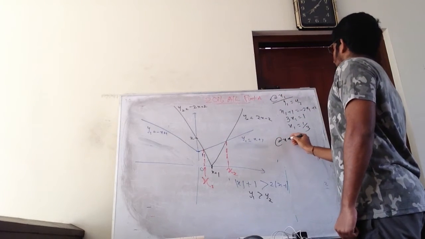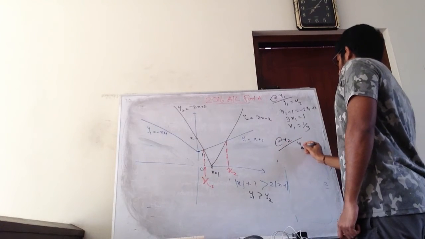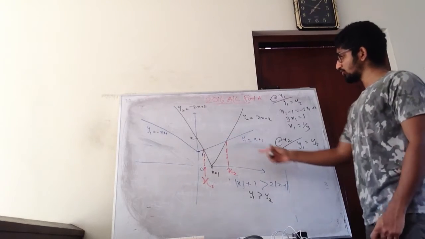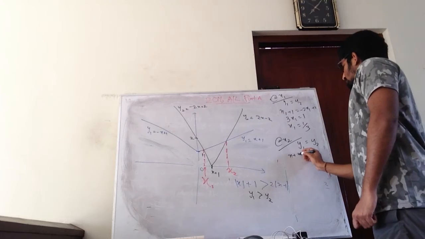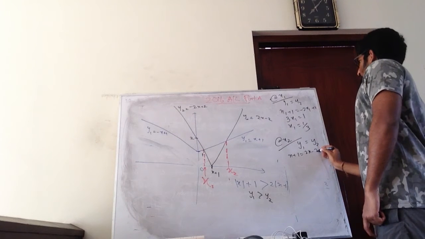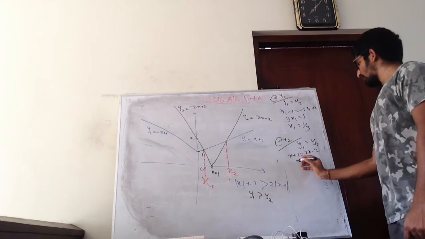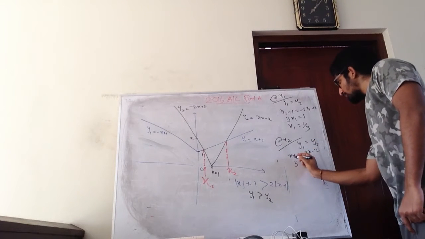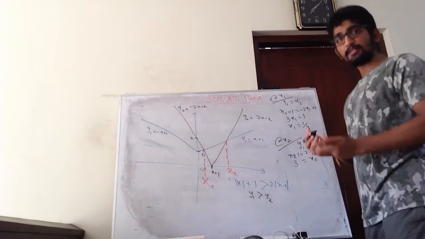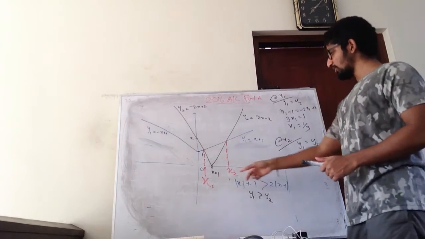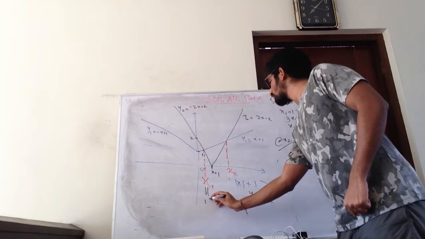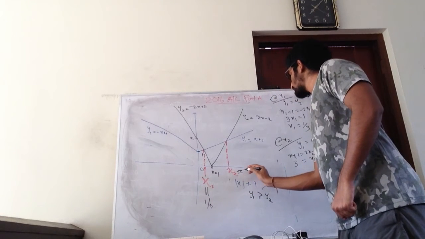Then at x2, again y1 is equal to y2. So at here, correct, no? So then what is y1? y1 is x plus 1. What is y2? y2 is 2x minus 2. Sorry, we have to put x2 here. So x2 is like this. So basically, now we can get the answer. So now we know what is x1, what is x2, right? So now we know that this is going to be equal to 1 over 3. This is going to be equal to 3.